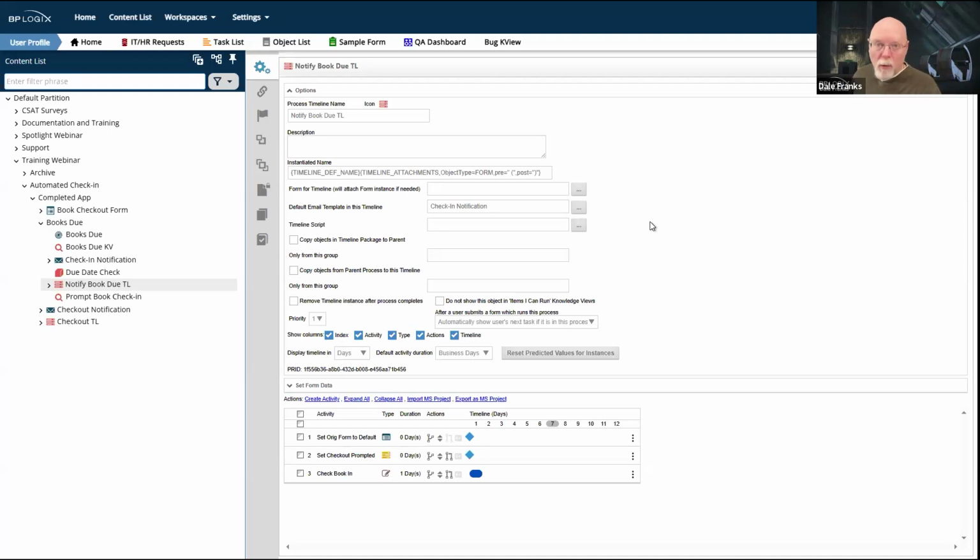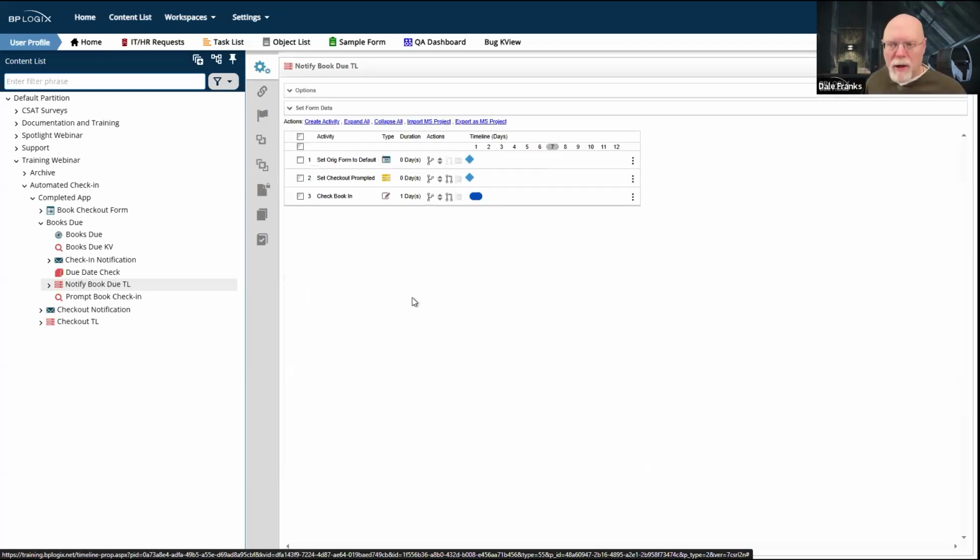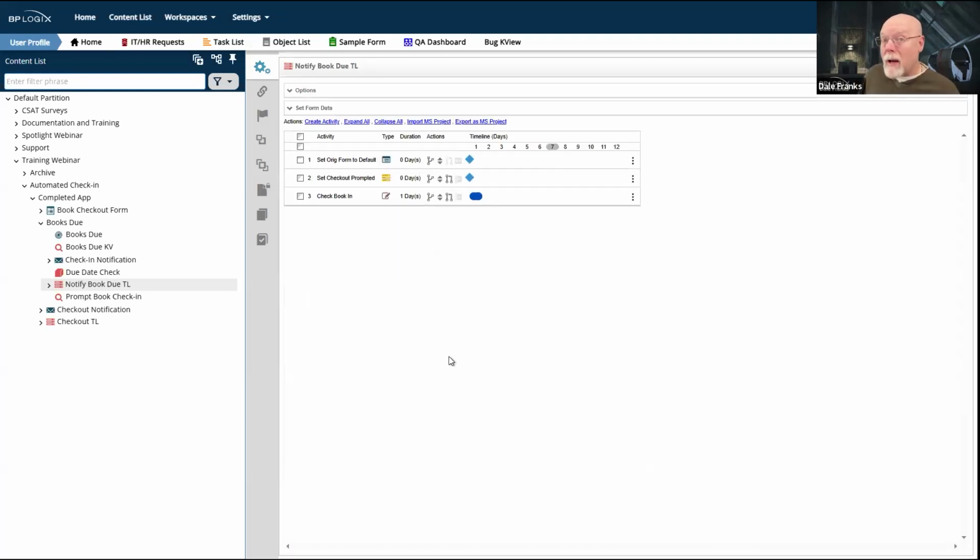And I certainly don't want to have an entirely new form. I certainly could, but then I would have to go through the rigmarole of running a copy form data to copy data from the original form to the new form. Then I'd have to set the new form as the default form for the timeline. I don't need that level of complication. I can simply leave this blank. And in doing so, whenever I invoke the timeline from the knowledge view, it's just going to attach a copy of the original form anyway, which is great.